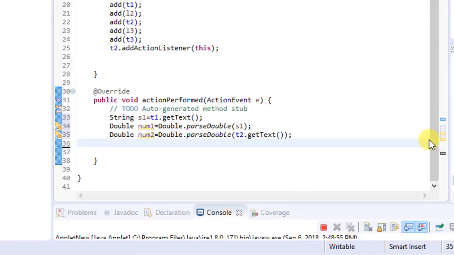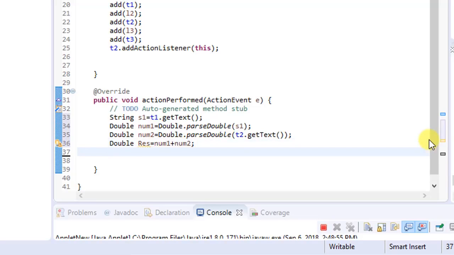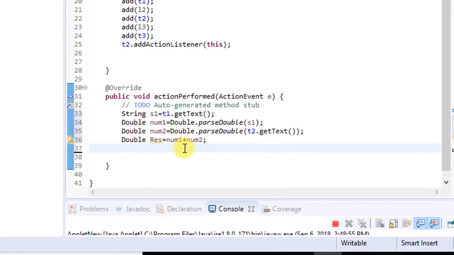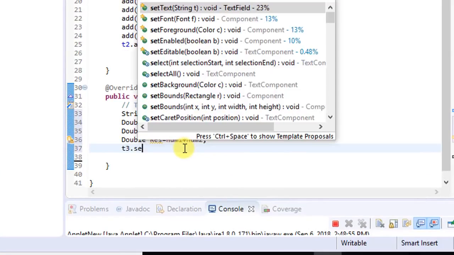So right now we have both the operands. What I need to do now is find the result, and the result will also be of the type double. So I will give num1 plus num2. Now I need to display it. I will display it in the result. Corresponding to the result, there is a text field 3. In that text field 3, I will display the result. So to do that, t3.setText, and then I will give sum